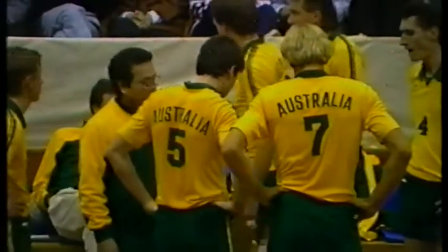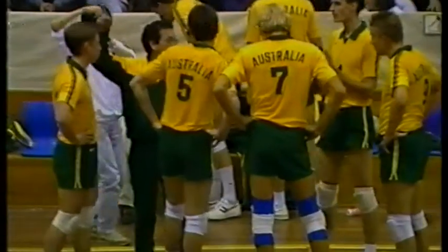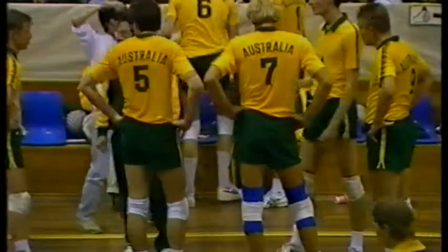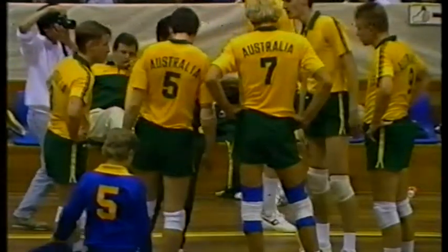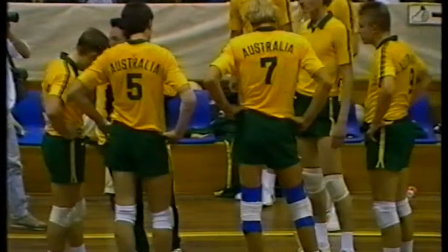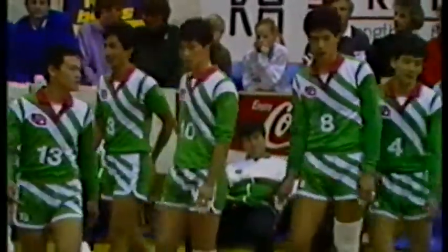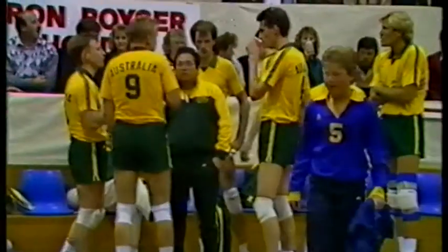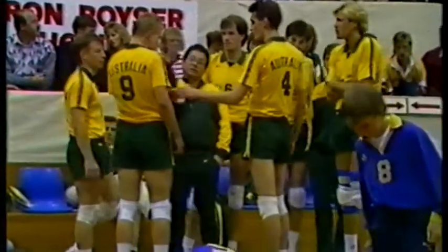they've still got to sort out this attacking combination up the front line. The setter's got to be able to pick where their spikers are and put the ball right to them, John, if they're going to have any hope in the world of getting through and beating the Japanese block. Not that the Japanese are great tall blockers, they're just perfectly timed. Their block position is almost perfect on every occasion. It's very interesting that Tom Duke hasn't come back onto the court, Murray. I'm very surprised at that. He was playing very well, wasn't he? He's their main attacker up until half